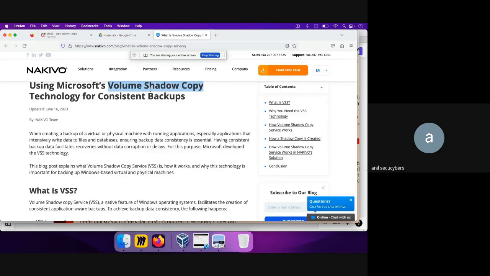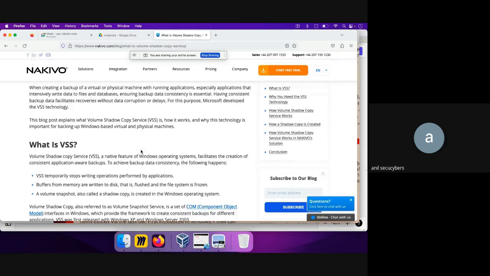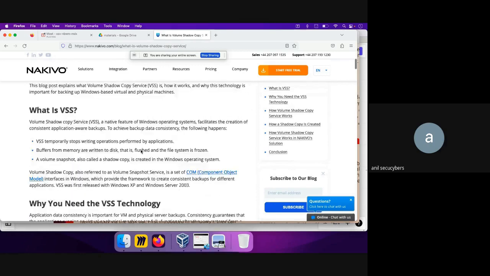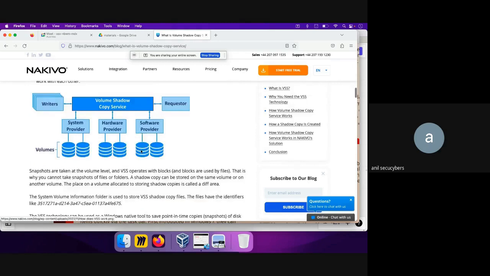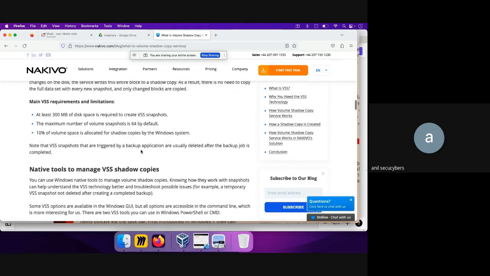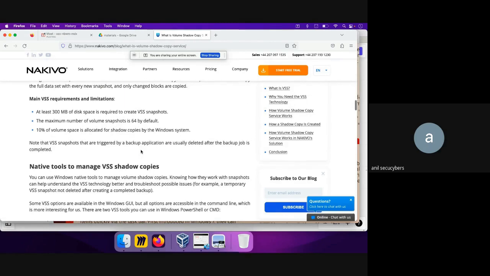What also happens is that Volume Shadow Copy auto-deletes, most of the time, the backups which have been created and are quite old. So taking that hard drive space into consideration, Volume Shadow Copy might also delete the backup files. Okay, so this is a quick introduction to Volume Shadow Copy in layman terms. And the reason why KAPE is showing that up as one of the things is that,